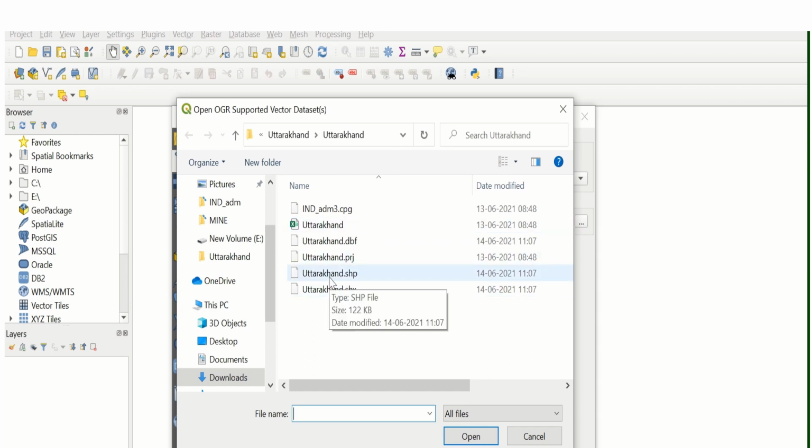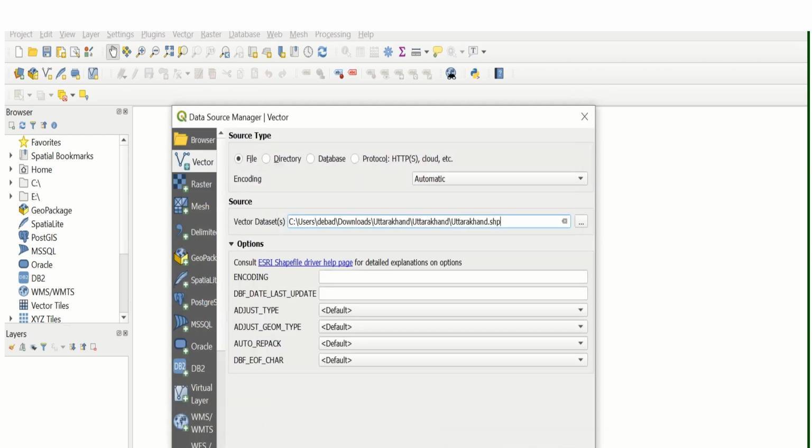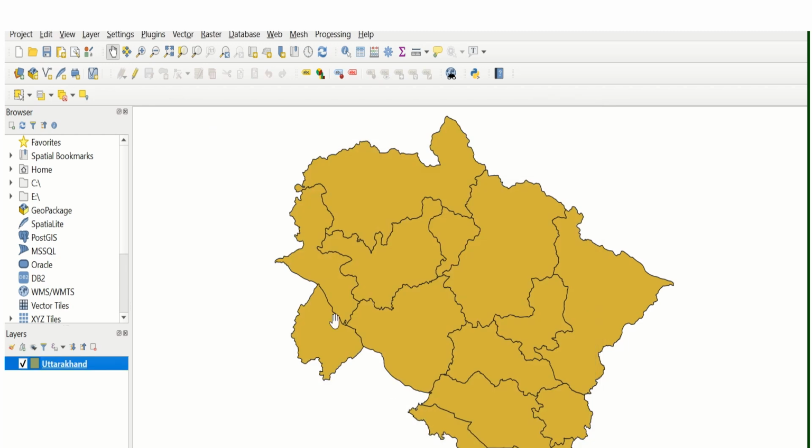Here the shape file named uttarakhand.shp, we select that one. So please click on open, then click on add, then click on close. So here the map of Uttarakhand is populated. Uttarakhand state has 13 districts. Through the vector layer we populated that map from the Uttarakhand shape file.